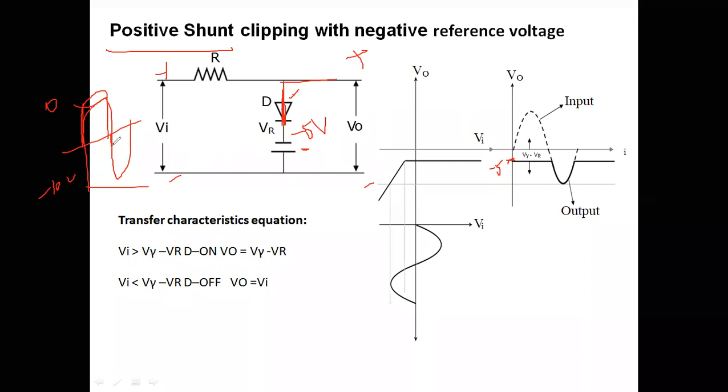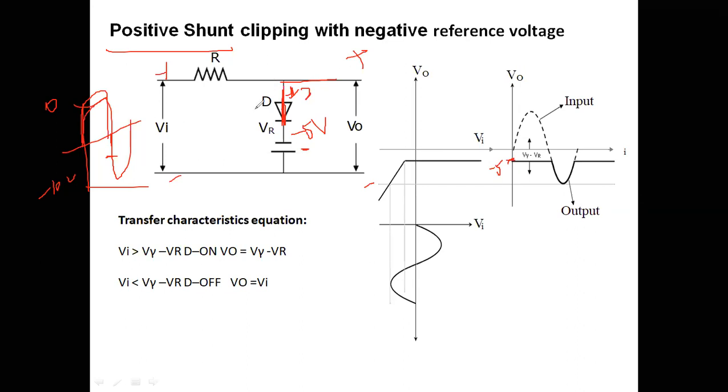We are coming to the negative cycle. Here we are getting minus 1, minus 2, and so on to minus 10. When you apply up to minus 5, that means minus 1 here, and the cathode is at minus 5. Minus 1 is greater than minus 5. Therefore, the diode will be in on state only. When you apply minus 2, minus 2 is greater than minus 5. Therefore, the diode will be in on state only, because you only have to see whether the anode voltage is greater than the cathode voltage or not.